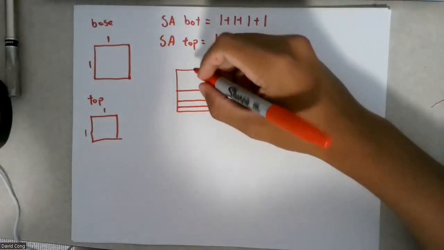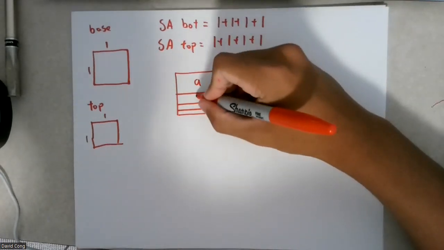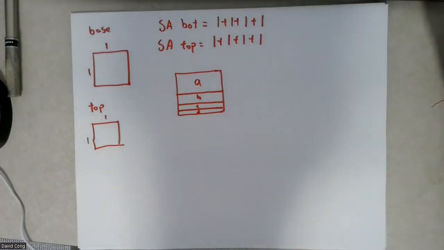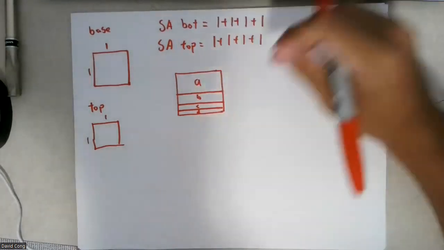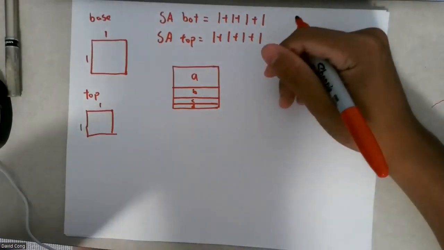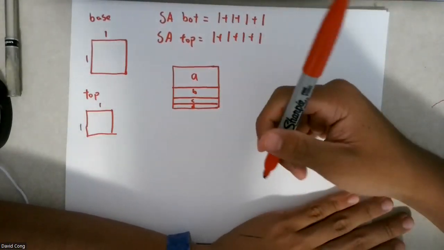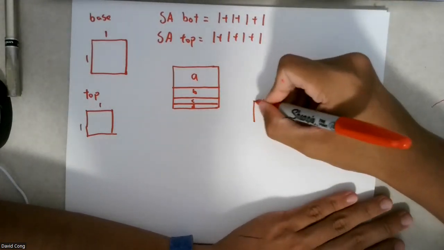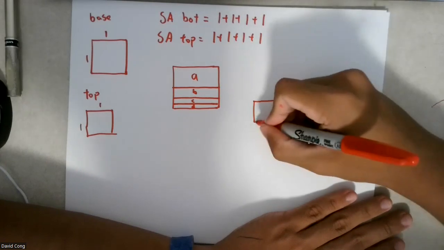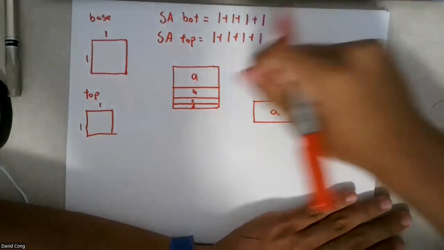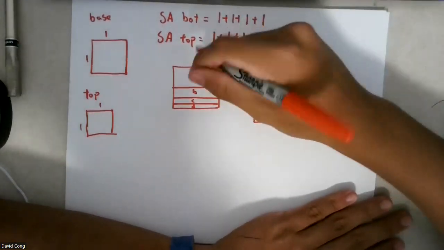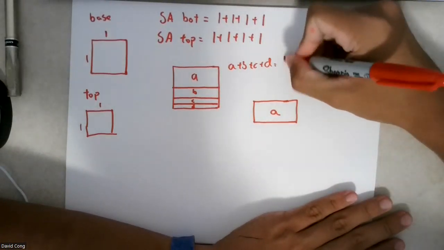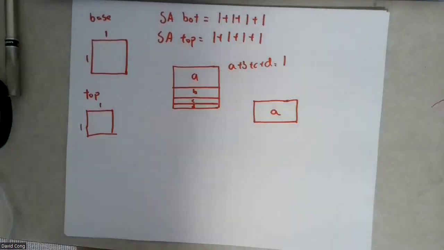So we'll call these areas A, B, C, D, the surface areas. The proportions might not be right, but you can see what I mean. So now we're rearranging. A. So this is the surface area of A, right? So these are the surface areas. We know A plus B plus C plus D equals 1, because we're still looking at an entire